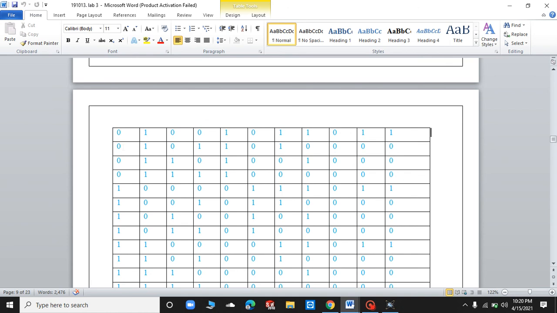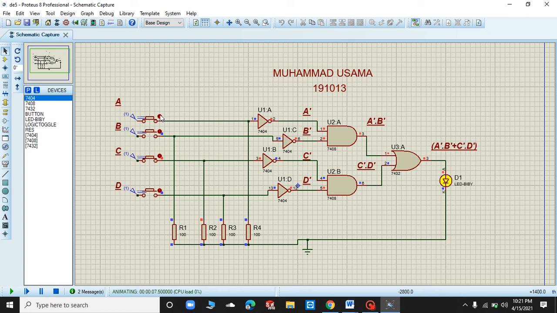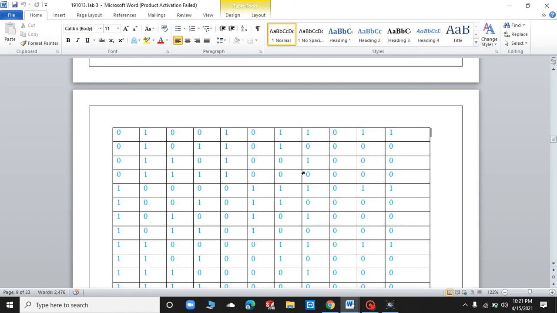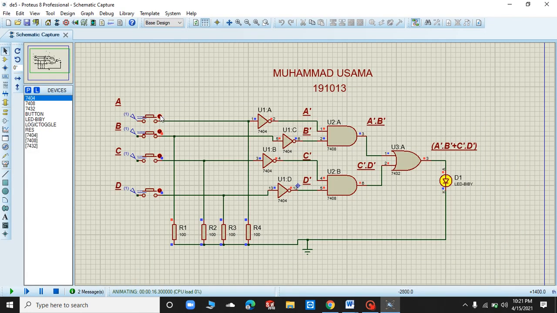In the second step, when A is 0, B is 1, C is 0, D is 1, then the output is 1. Then with 0, 1, 0 and 1, the output is 0.